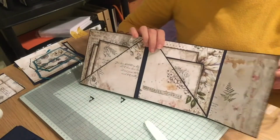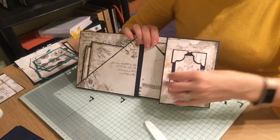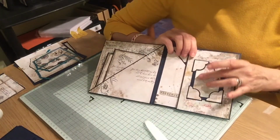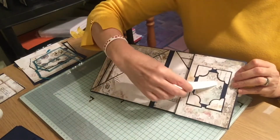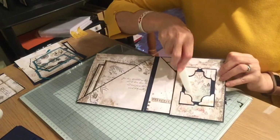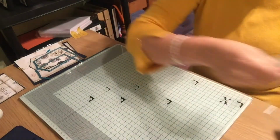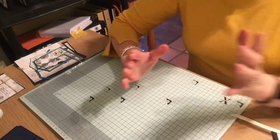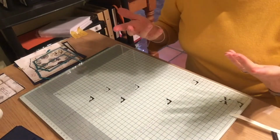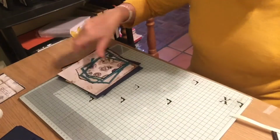And then here, the smaller flap, I've just made it absolutely plain on that side. And then on this side, I have created a little photo frame. So these are actually not stuck down so that you can put your photo in. So I'm going to show you how to make that. The only thing I'm not going to do is the actual photo frame on that small one, because I want to make them both plain with the paper that I've got this time. So I'm going to start